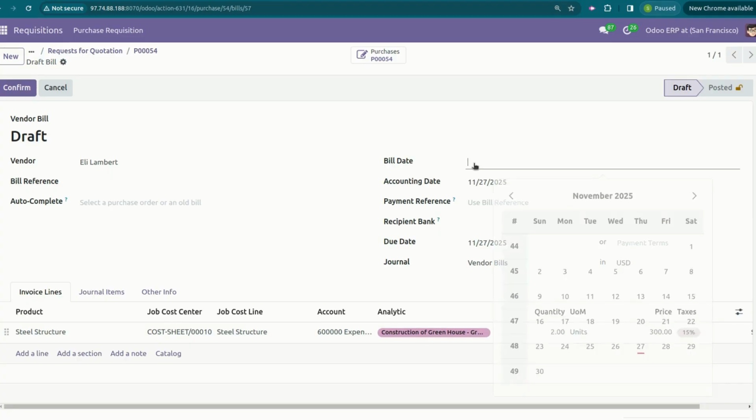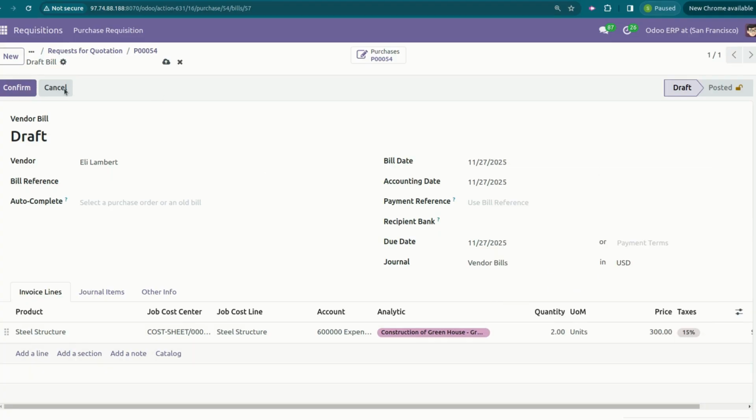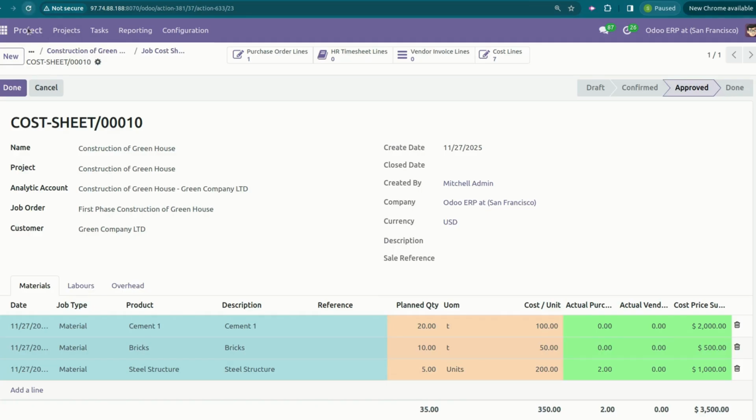We will select the bill date and then confirm it. Once it is confirmed, it will be reflected on my cost sheet for the actual vendor bill. If you want to see here the cost of the purchase order as well as the cost of the vendor bill, then we have the extended module which you can buy separately to enhance the functionality.